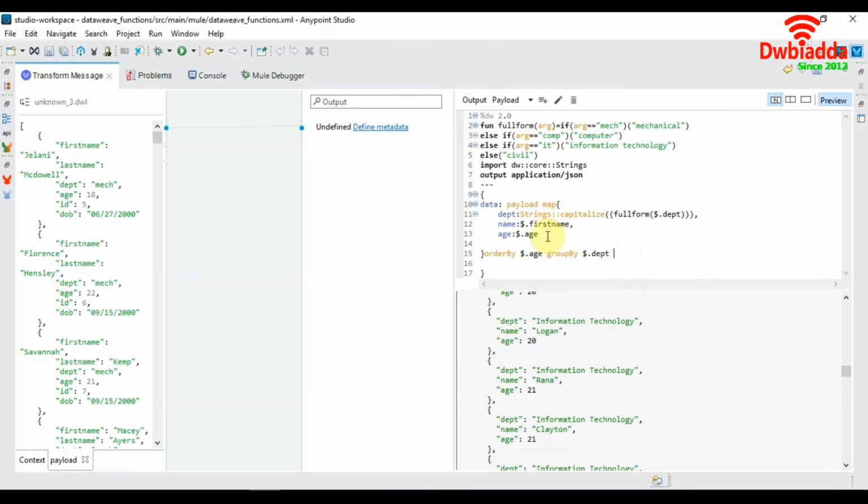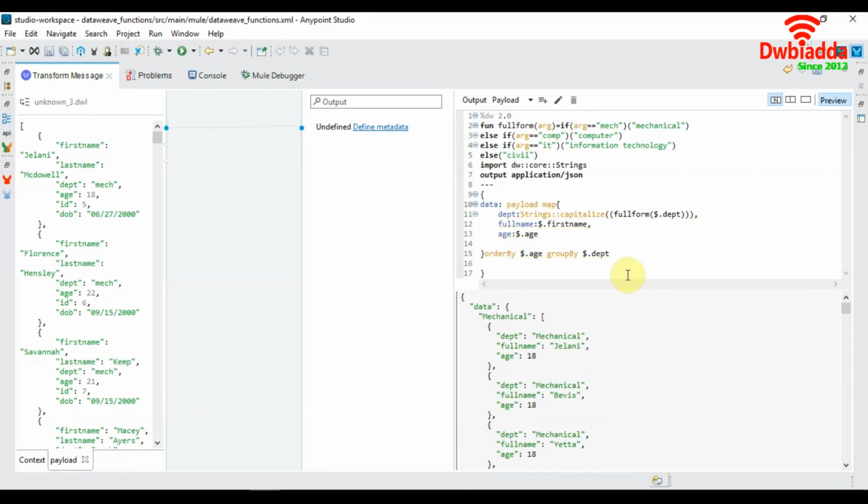Another function that we are going to learn about today is the join by function. So join by can be used to join two strings. Let me show you how to use join by. Let's say we want to concatenate the first name and second name into a full name field. You can simply do that by putting the first name and last name together in an array, then using the join by function.